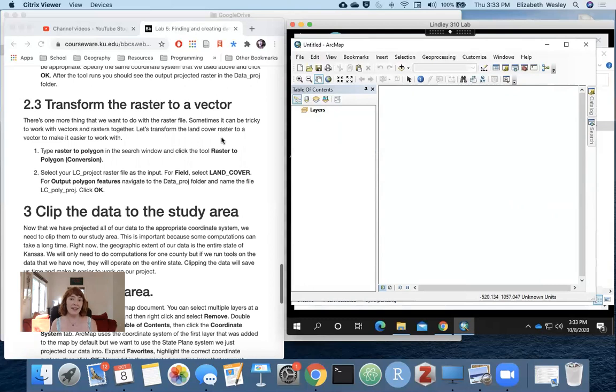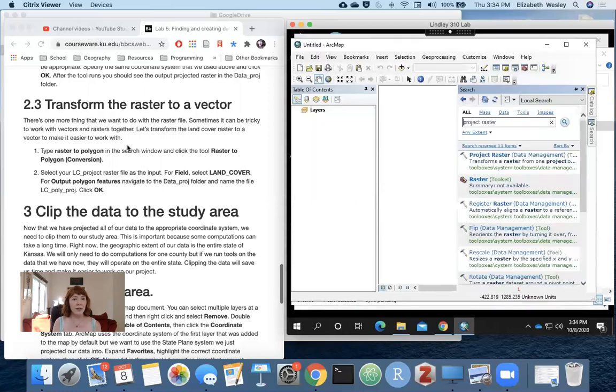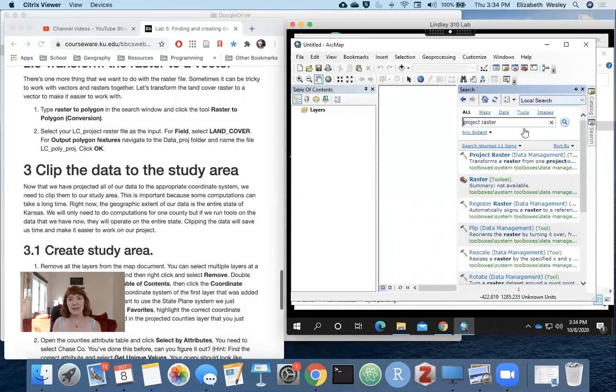And so ours is a land cover data set. Each one of those pixels, which are 30 meters by 30 meters, is going to have one land cover value, something like prairie or forests. I think there are like 17 classifications. And so we want to change that into a vector. There's a very handy tool that does that for you. So we want this raster to polygon tool